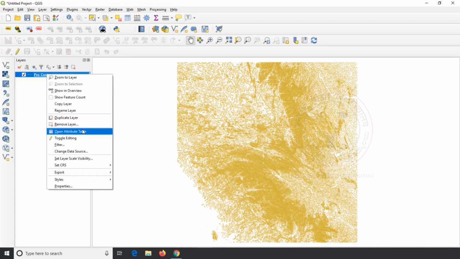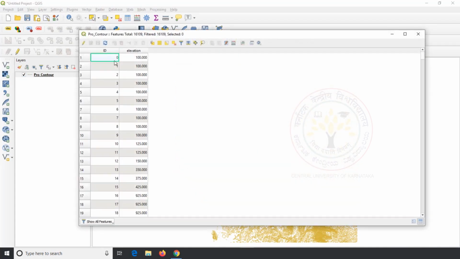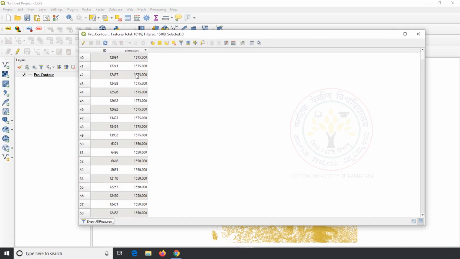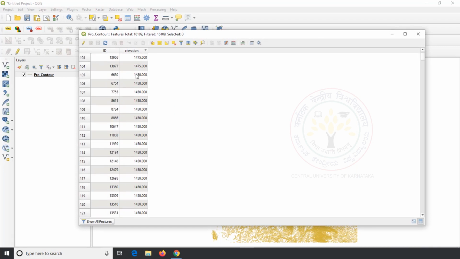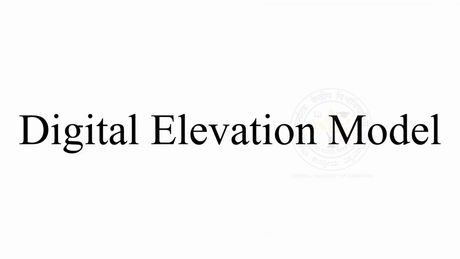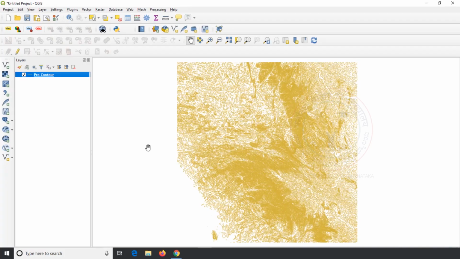Look at the attribute table of contours. Here we can see the elevation field. This field indicates the elevation of the place in meters where the respective contour passes through. Digital elevation models are arrays of regularly spaced elevation values referenced horizontally in raster data. To create a digital elevation model, I am going to use the downloaded contours with the TIN interpolation tool.